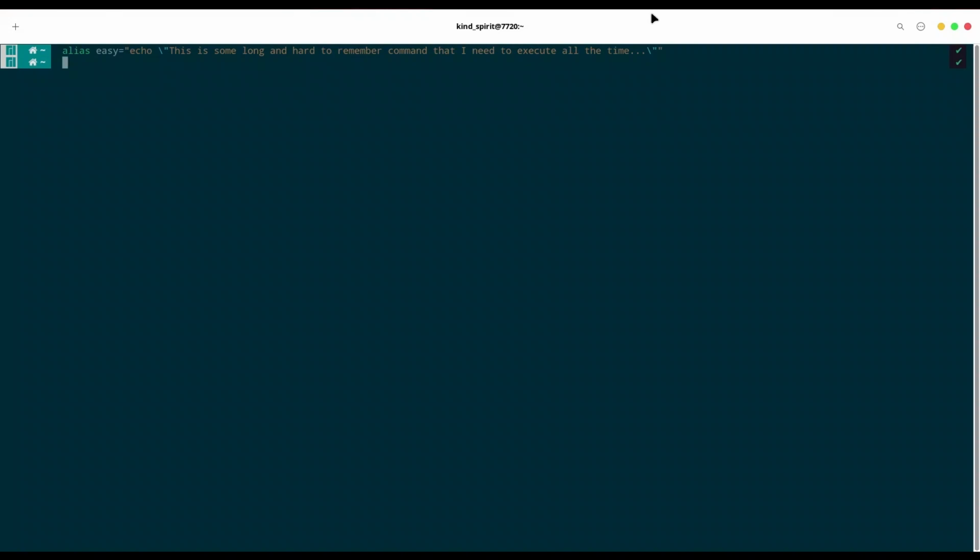Now, whenever you need to execute this command, just type easy into your terminal. If you want to delete your alias, type unalias easy. Now, if you call easy, you see there is no command to be found. And if you want to use your alias in between sessions and even after you restart your computer, you will